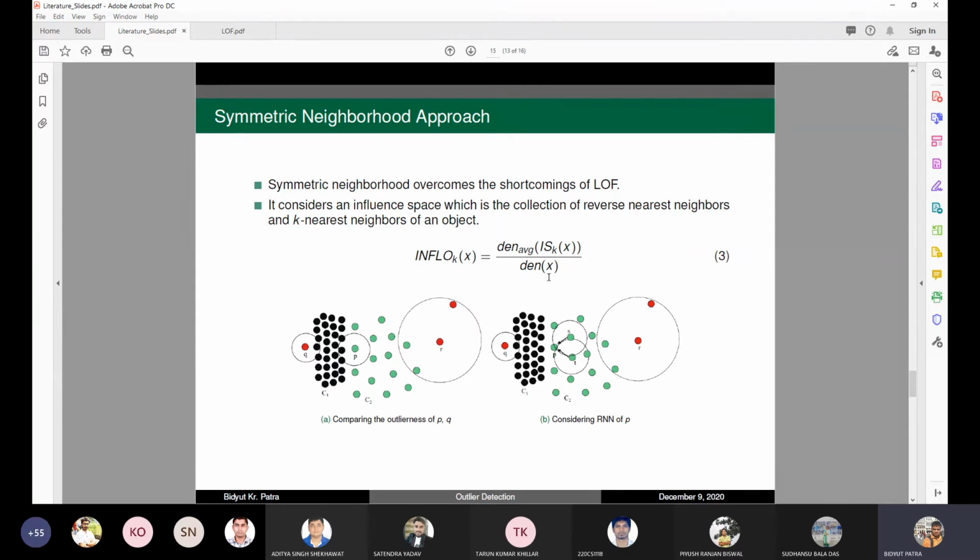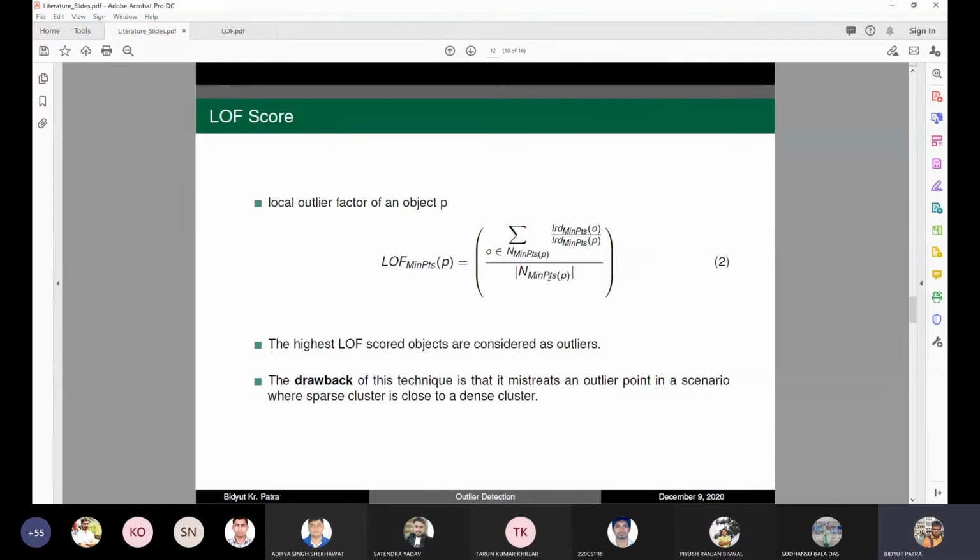So if you go back to the LOF definition, if you don't forget, there we were taking the average density. Here also we are taking the average, because this n by n is there, so we are taking the LRD here, and then we are taking the average. This is also quite similar, like we are taking here and then dividing by n.